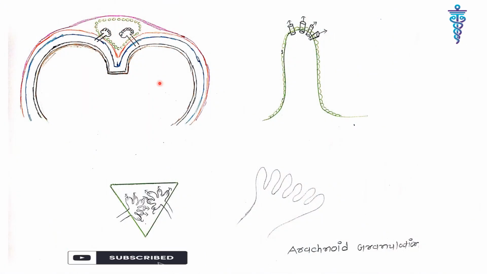As you can see, this is the figure. Here this is the pia mater, here this is the arachnoid, and this is the meningeal and periosteal layer of the dura mater. It has a dural venous sinus. With that you can see the subarachnoid villi with their granulation. So what is the arachnoid granulation? Arachnoid villi group together to make a projection called arachnoid granulation. Through the arachnoid granulation, absorption occurs from the subarachnoid space to the venous blood.